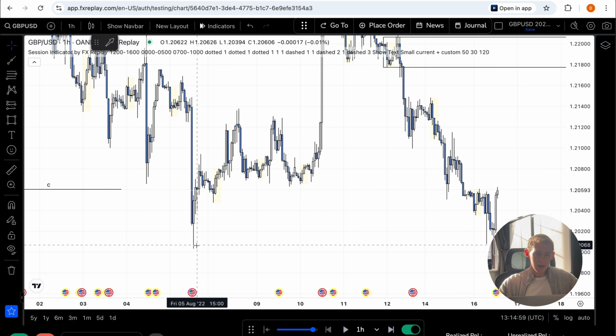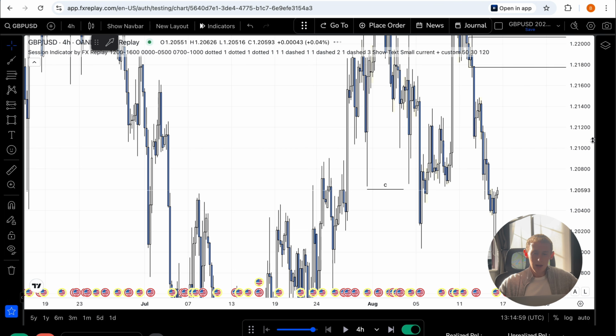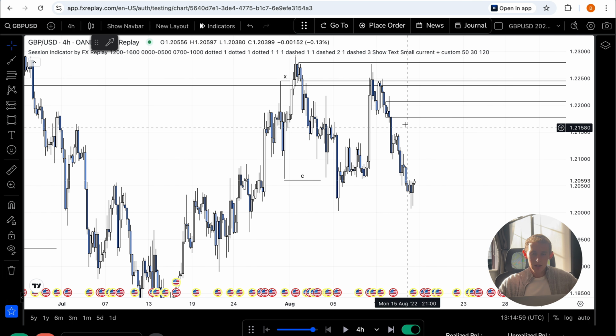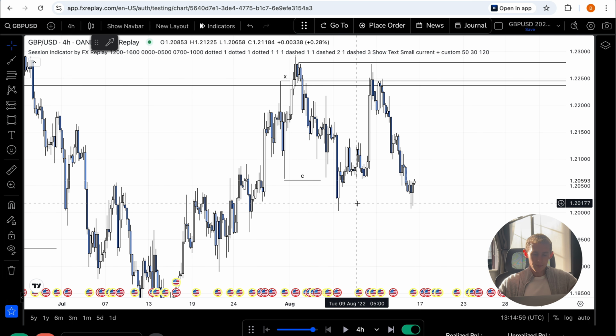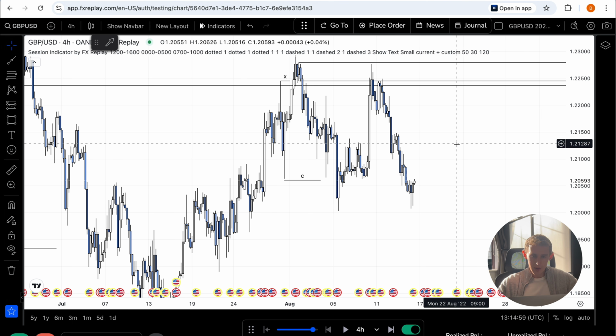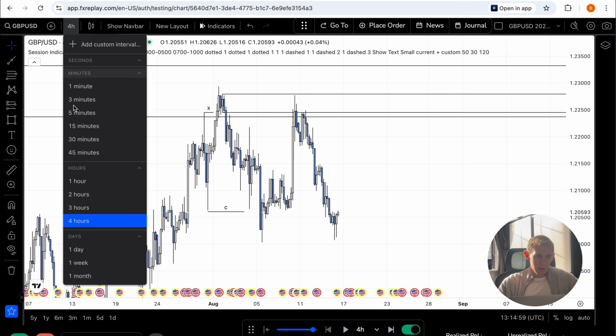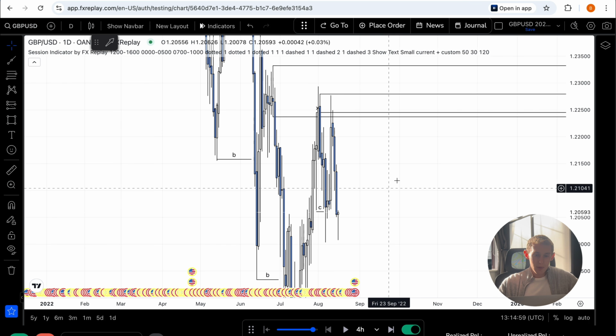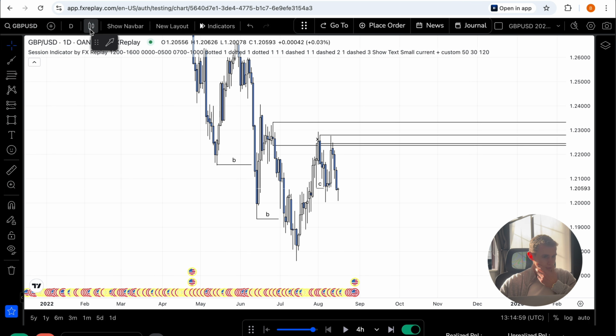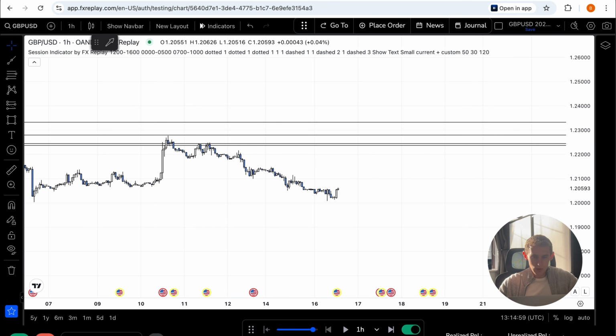We've seen price come down, pause just before sweeping the low. So again, you've got to ask yourself, is this likely to be a reversal? Or is it just price pausing to engineer liquidity for a move lower? In this case, I think it's much more likely that this is just to engineer liquidity for price to head lower, right? So in terms of actual points of interest here,